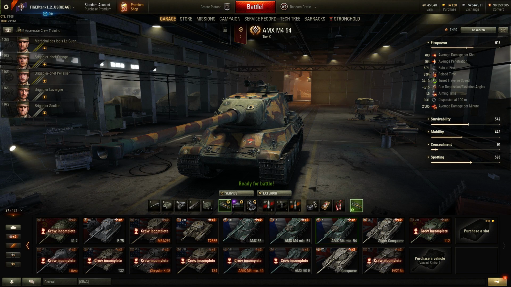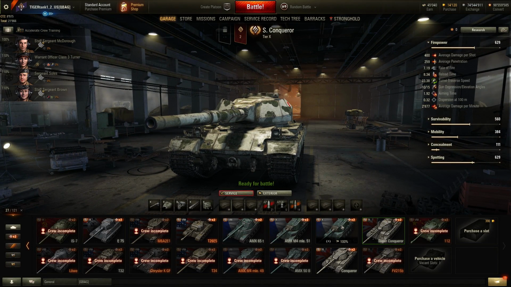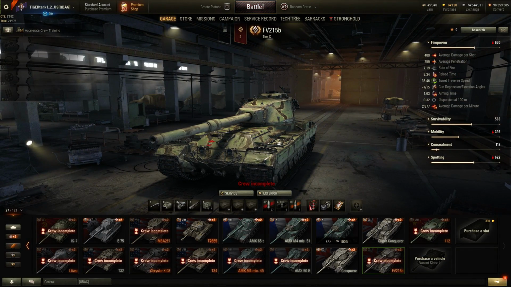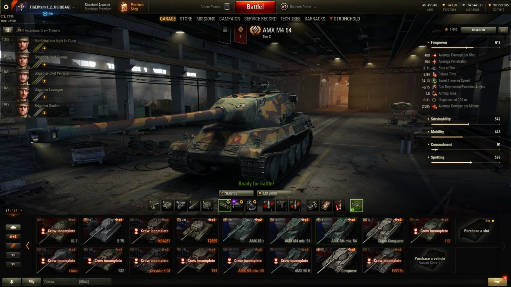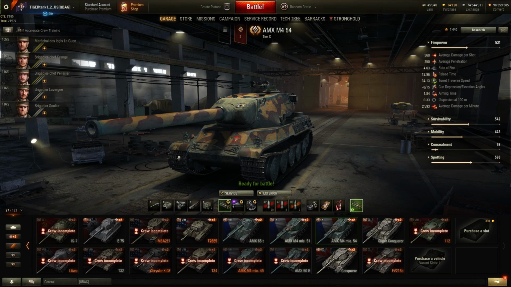Aim time 1.5 seconds is pretty incredible. If we would compare once again to the Super Conqueror with 1.92, it's already pretty good. 1.63, the FE215B, a very, very good sniper tank. And this one has 1.5 seconds aim time until the reticle is completely full. If we compare it to the